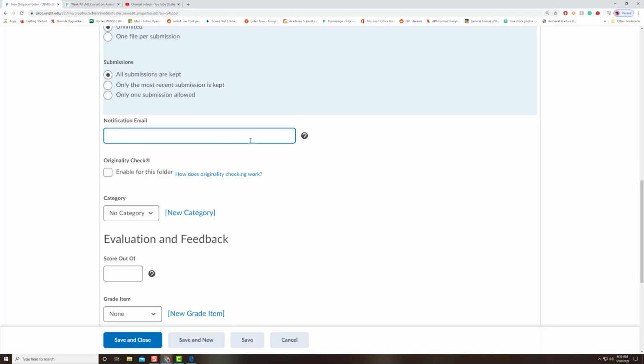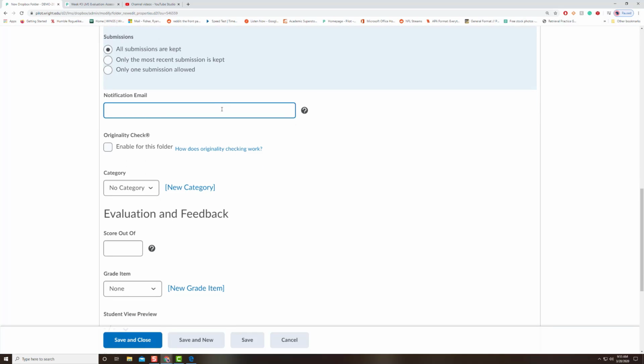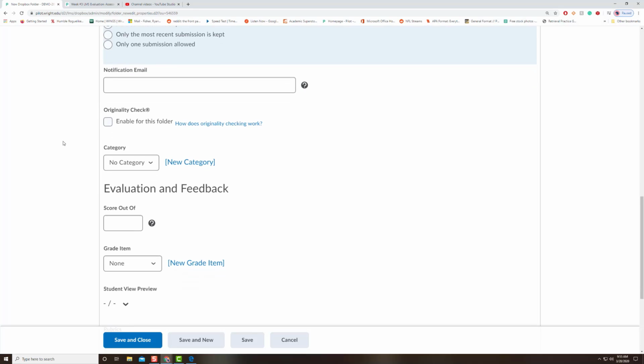Notify by email. You could put in an email address to have an email sent to when students complete the assignment. So maybe you want your personal email address on there or your work email address. To use Turnitin as a plagiarism check, we're going to go ahead and select Enable for this folder for the Originality check. This will just run it through, and we'll be able to see how much Turnitin says it's original versus